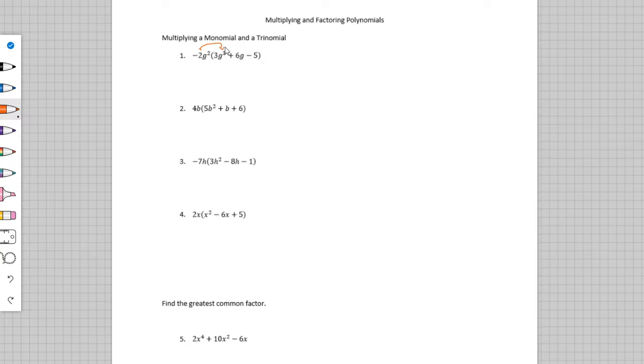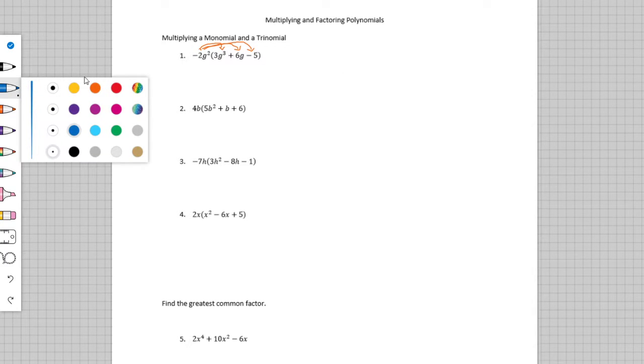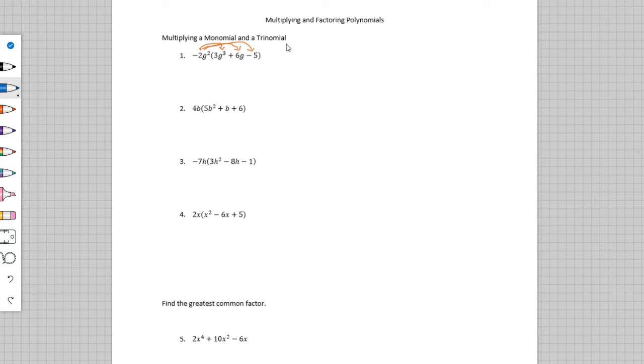So we're going to distribute here, here, here. So if I was to write this out, I would have negative 2g. Sorry, let me just adjust that real quick. Negative 2g squared times 3g cubed